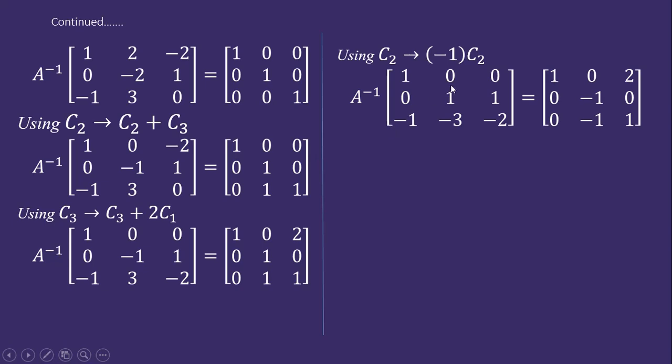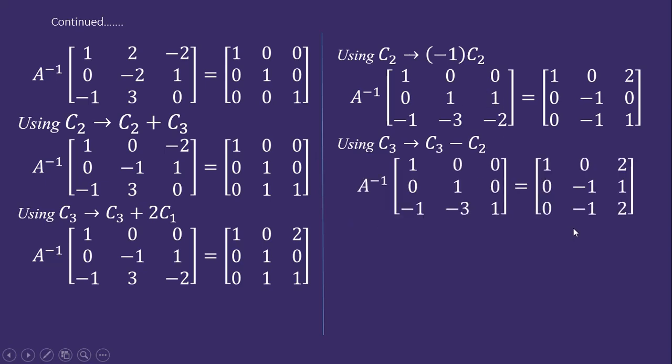Okay. So this element gets adjusted. Now here we want to get 0. We make use of this second column. Here 1 and 1, only C3 minus C2 will give here 0. Here this 0 is already adjusted. So we apply transformation due to third column, C3 minus C2. So 1 minus 1 we get here 0. Applying this transformation we get this matrix equation.